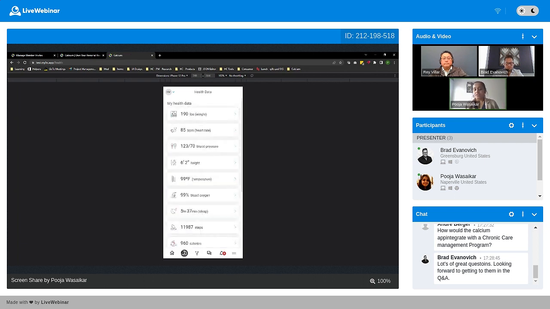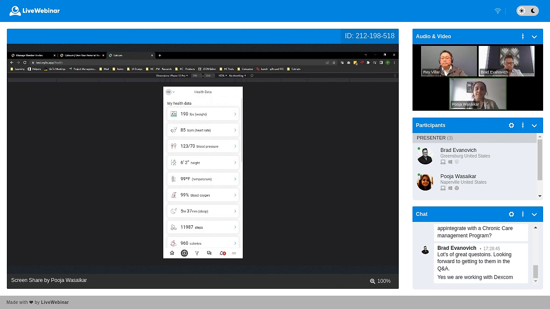So, as we saw initially, his health journey has been confusing with all the different accounts and devices that he uses. So, this health data, what the Calcium app provides him, is a 360-degree view of his own health data across all the different apps and devices that he uses, like a weighing scale, for example, for monitoring his weight, the Apple Watch that he uses for steps, and the blood pressure cuff that he uses for monitoring his blood pressure. All that different data from all those different devices automatically, and we also like to use the word automagically, comes into Calcium.